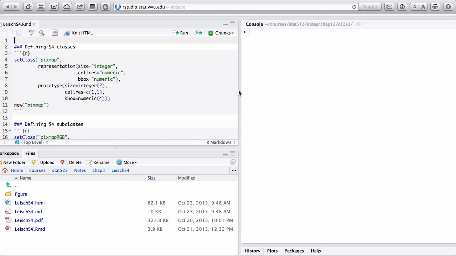Now technically there are ways to convert S3 classes into S4. And if you had a big project, that's probably what you would want to do, but then that doesn't necessarily tell you how to develop S4 classes. One of the reasons is that S4 is more like a formal programming language, more like Java, C++, and so forth. I say more like because